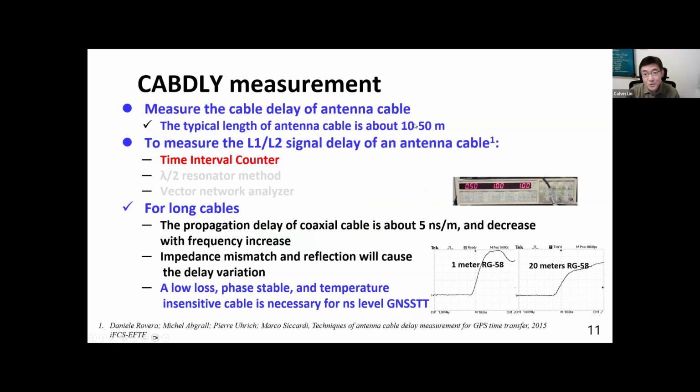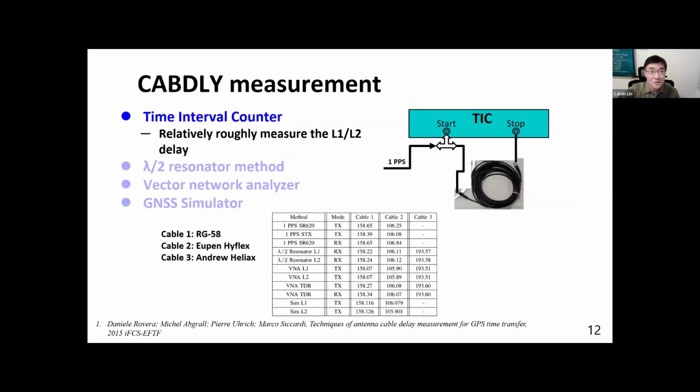Okay, so for nanosecond time transfer, we have to measure the antenna cable delay, the reference delay, and the calibrated internal delay. First, we will talk about how to measure the cable delay. It's quite easy. The easiest way is usually a time interval counter. You can also use the half lambda method or a vector network analyzer, but it's complicated. So here we just talk about how to use a time interval counter to measure the